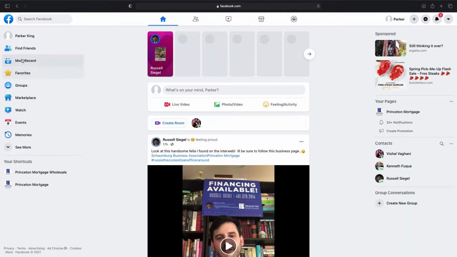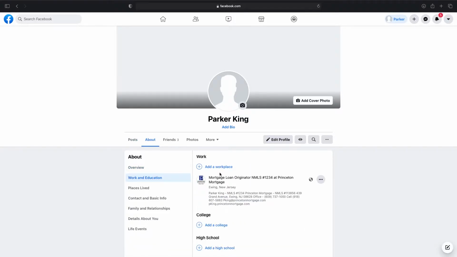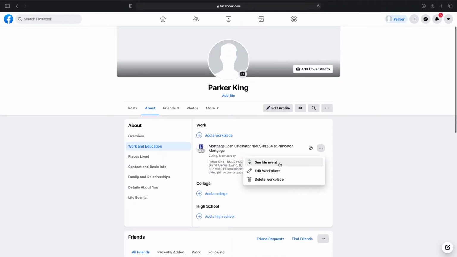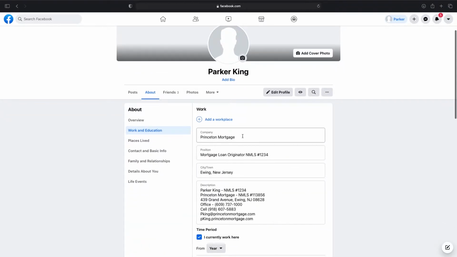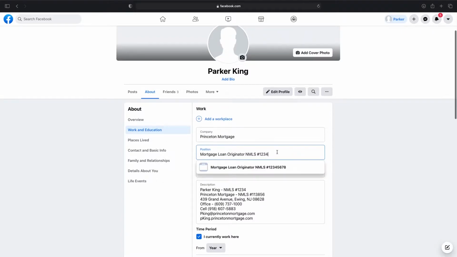You're gonna log into Facebook and click on your profile. Once you're there, click the About section. You go to Work and Education on the left-hand side. If Princeton is already in there, hit Edit, and if it's not, click Add a Workplace. Fill out the company, your position with your NMLS number,